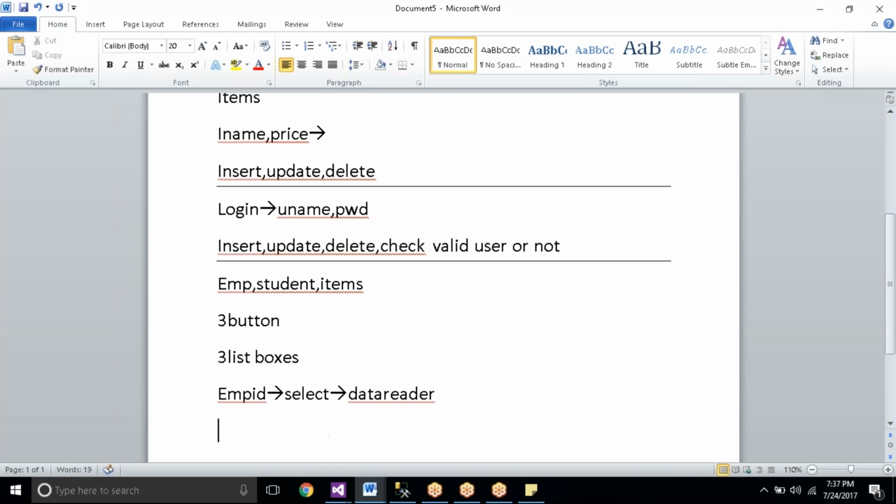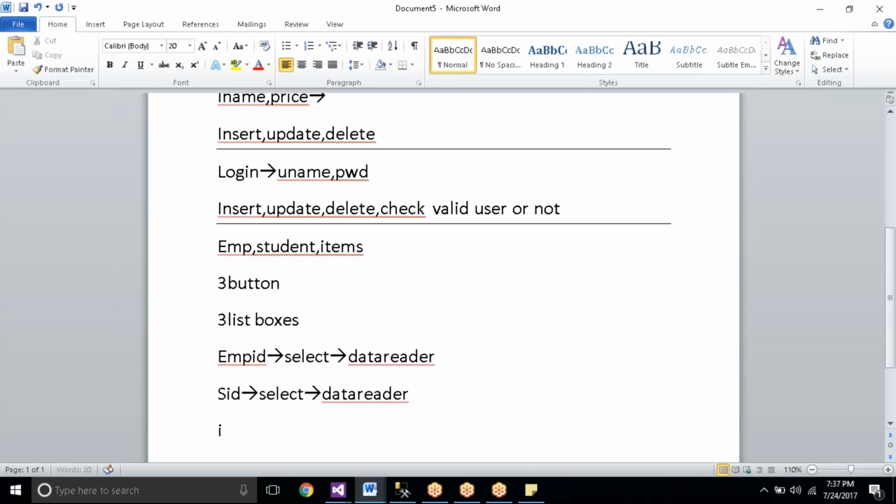The second one is student ID with a select query and data reader. The next one returns the item names, also with a select query and data reader. This is all I want you to complete before class tomorrow.